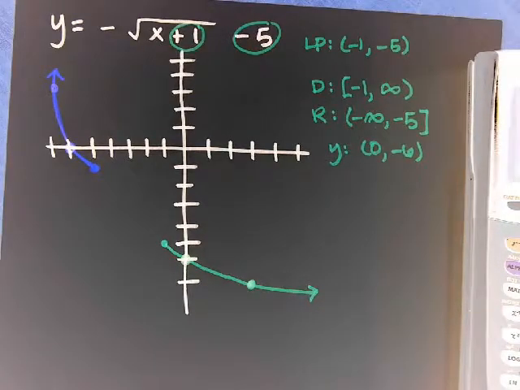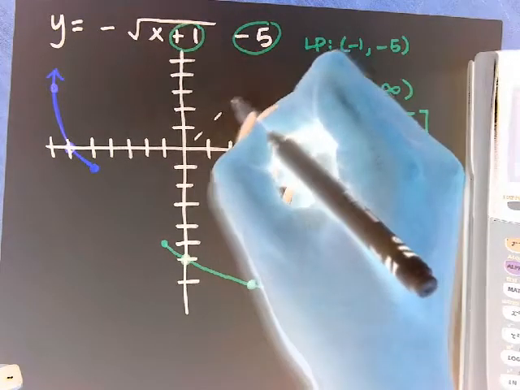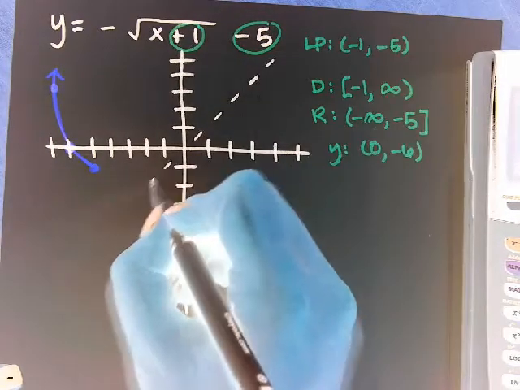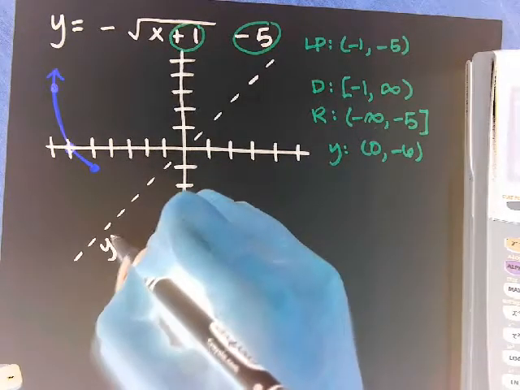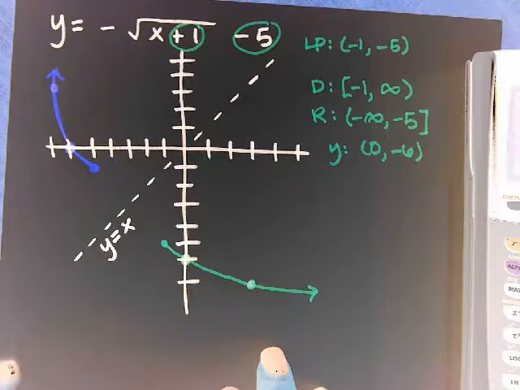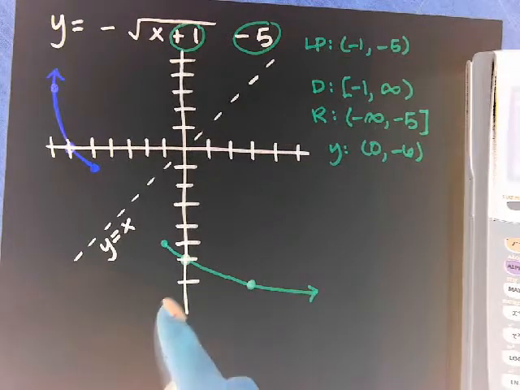And just in case you missed it in the video, what is this line that it was reflected over? Anyone catch that in the video? It's the line y equals x, which makes sense because you're trading your x and your y. So it's been reflected over the line y equals x because those values are trading. Okay? So inverses reflect over the line y equals x, which is why you wrote that on your notes last